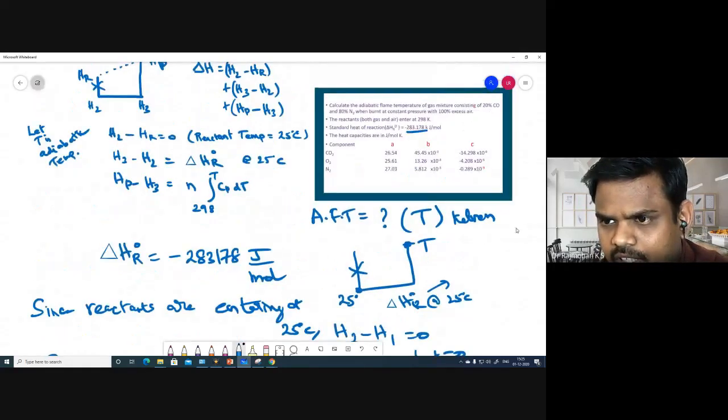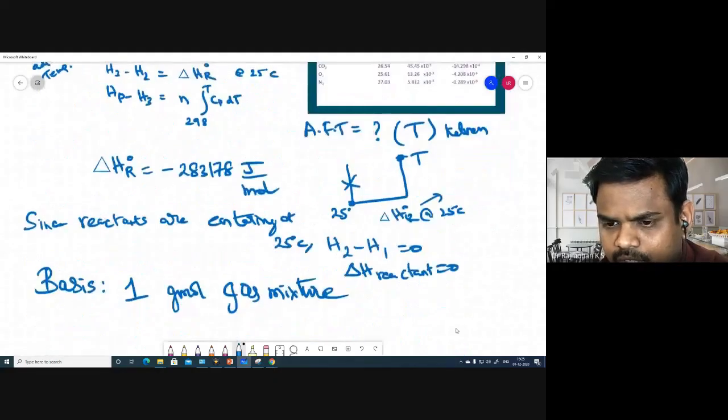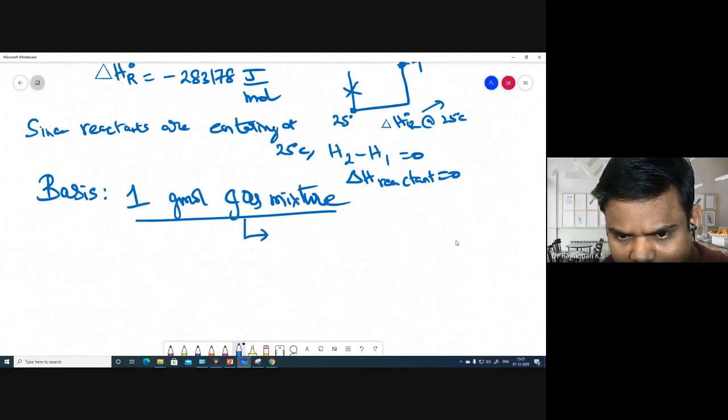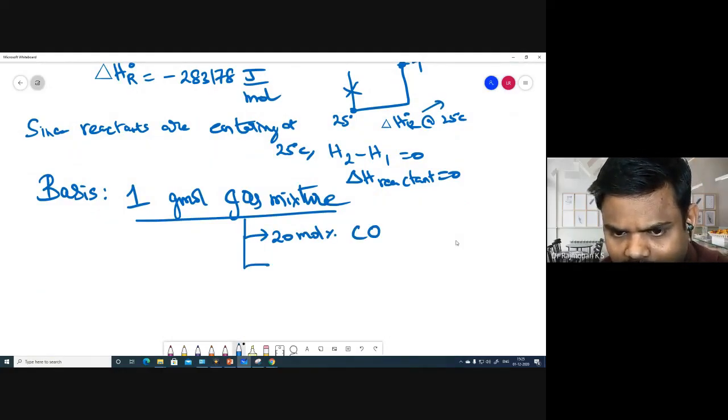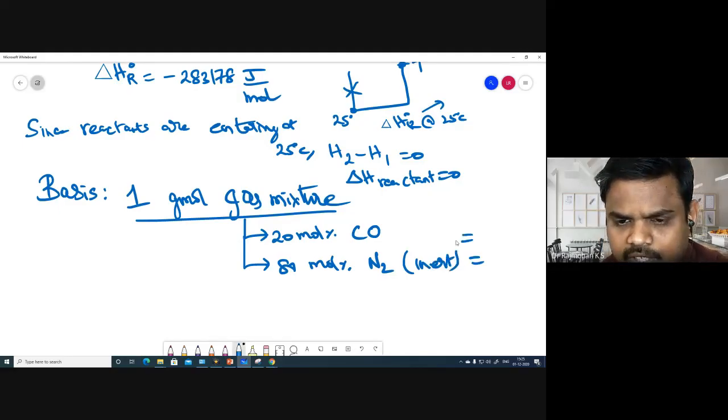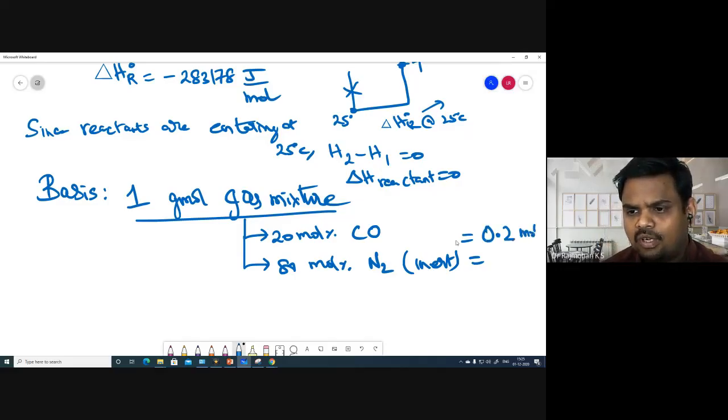It is given that it contains only 20 mole percent carbon monoxide and 80 mole percent nitrogen, which is inert, so it won't take part in the reaction. Out of 1 mole, only 0.2 moles of carbon monoxide takes part in the reaction. The remaining 0.8 mole of nitrogen does not take part in the reaction,